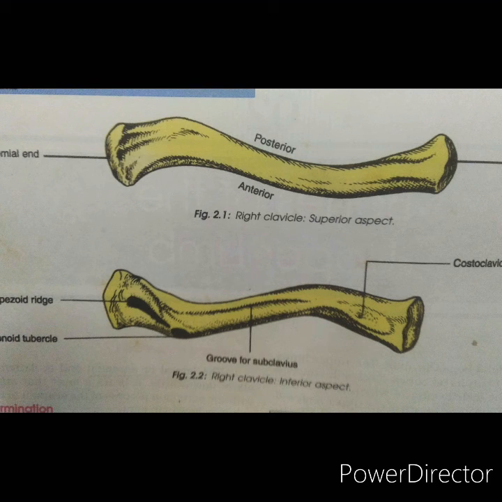How will you determine the sex by the clavicle? In female, the clavicle is shorter, lighter, thinner, smoother, and less curved than in males. The midshaft circumference and the weight of the clavicle are reliable criteria for sexing the clavicle. In female, the lateral end of the clavicle is a little below the medial end. In male, the lateral end is either at the same level or slightly higher than the medial end.